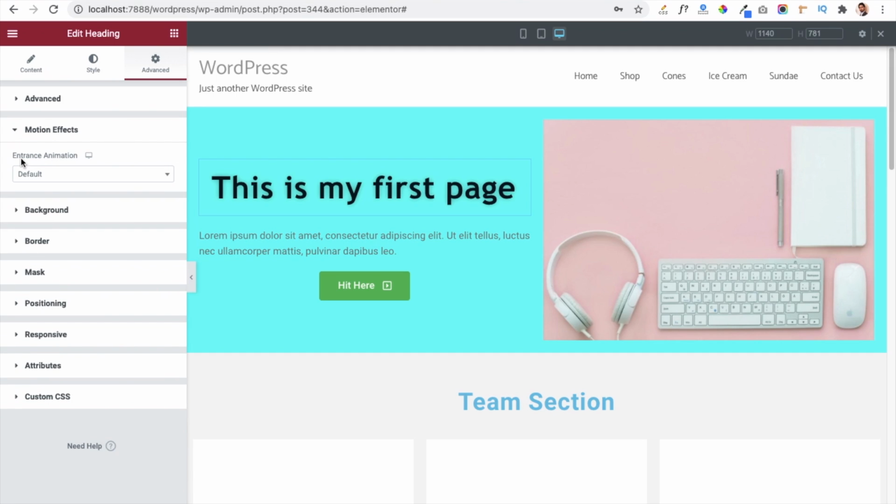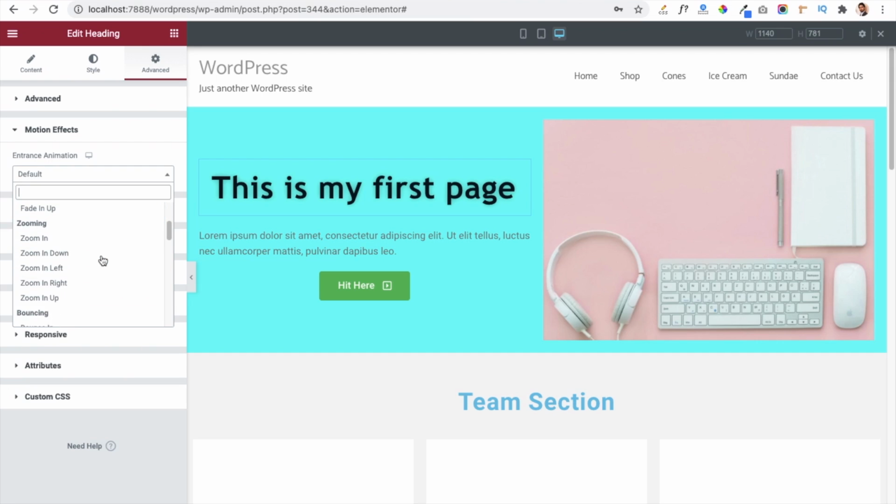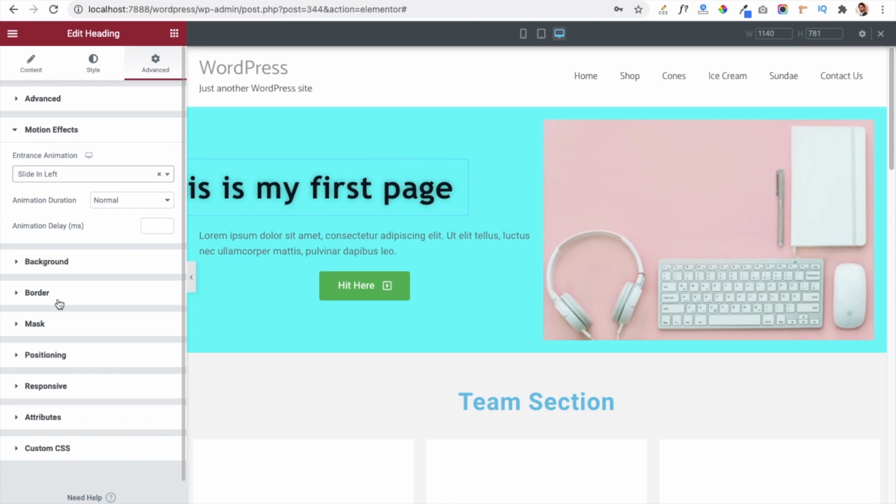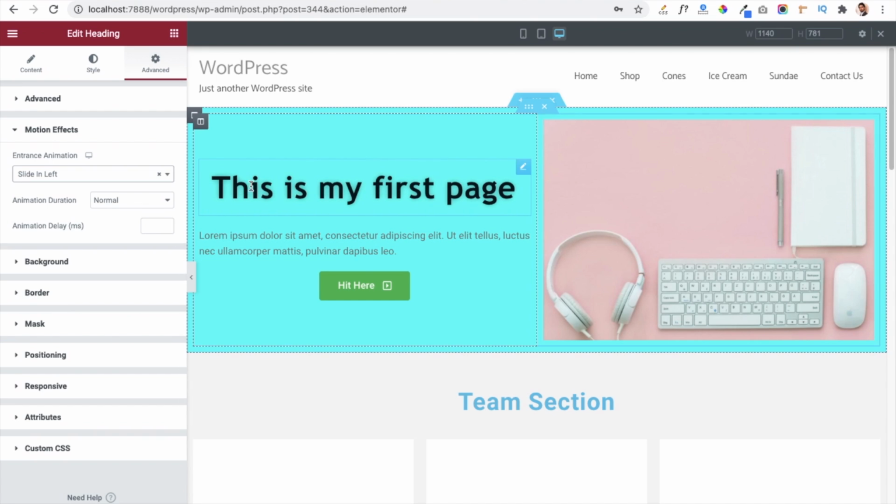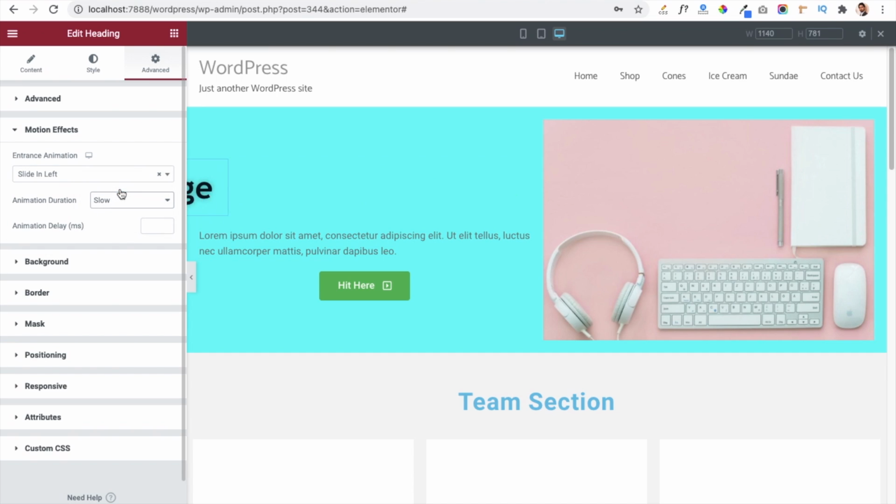Here you can see this entrance animation is activated for the desktop view, and here I am just going to select the effect such as slide in left. So this will give you the preview how your text will come in your actual website. Also you will get animation duration option and animation delay option. You can choose it according to your requirement. So I have just selected the slow animation, and this will work as a slow speed.